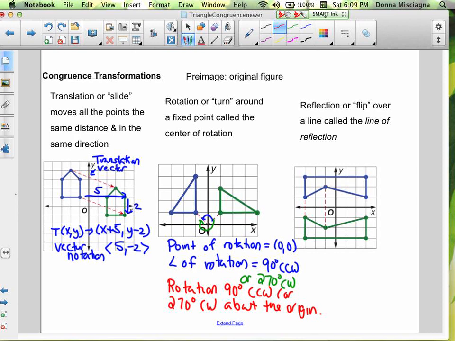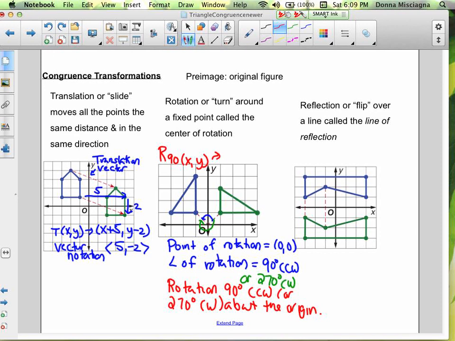We also could write this in a type of coordinate notation. So remember we had our way of showing how the coordinates are changing. So for a rotation of 90 degrees,